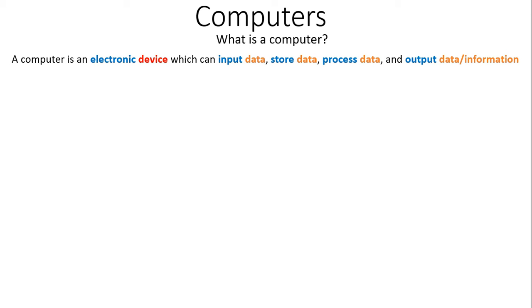Right, but before we talk about that, you have to make sure that if you are asked the question, what is a computer, you write my key terms: electronic device, input data, store, process, and output. Those are the key terms in our definition. If you leave out the key terms, it means your definition might be correct, but it may lack